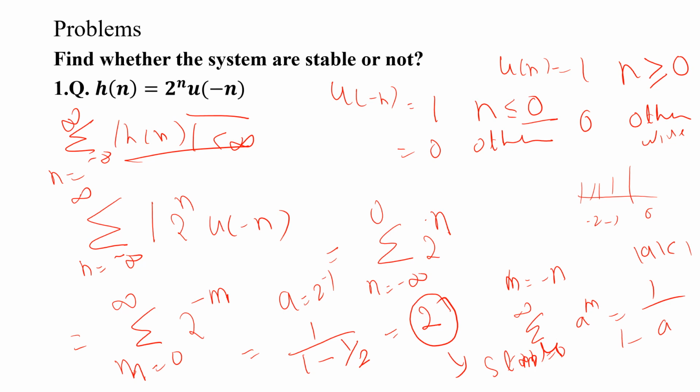Okay, so I think it is clear here. Simple formula: summation of n equal to 0 to infinity of a to the n is equal to 1 by 1 minus a. Here the range minus infinity to 0 is there, so I put m equal to minus n so that the limits change. Similarly, the second question is,